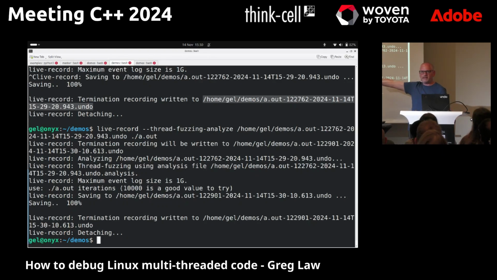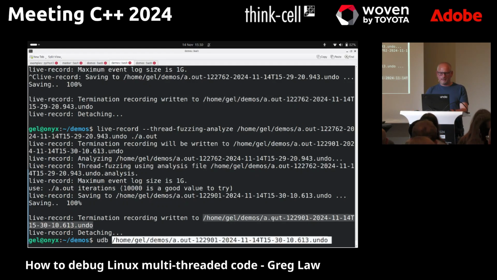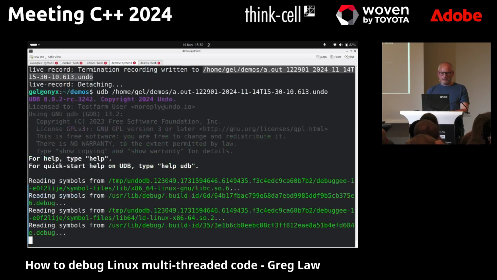Right? So that's a race condition that would take, I don't know, hours to fail normally. By running it through this thread fuzzing analyze step, I've taught Live Recorder about where the racy bits are, run it inside the recording, and now it's failed super quickly, and I've got a time travel recording of the failure. So now I can see everything that's happened, all the threads and everything. So if I go to the end,